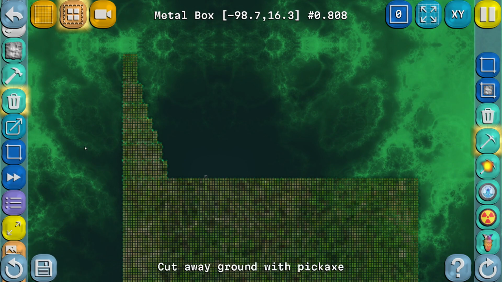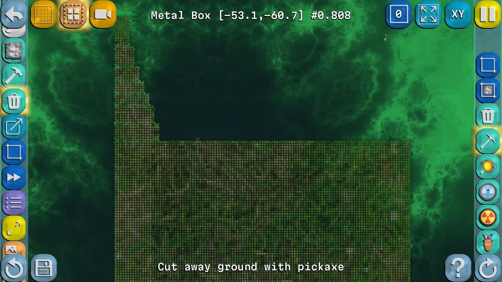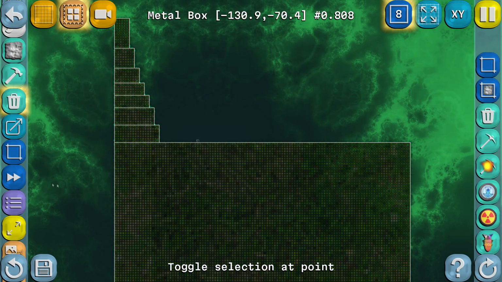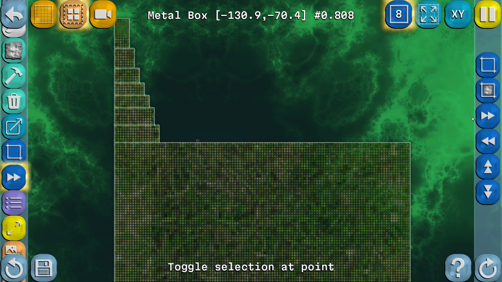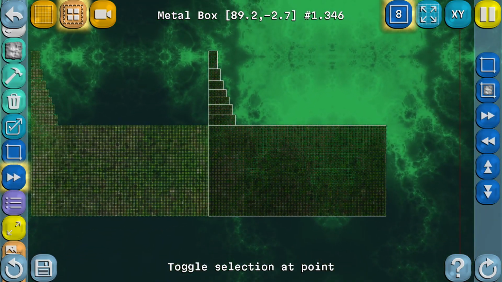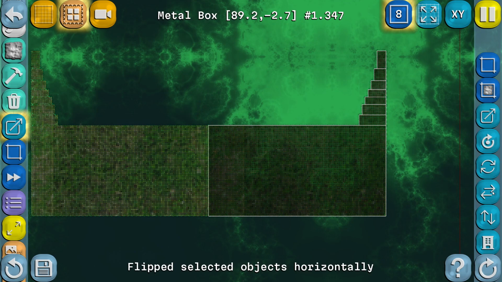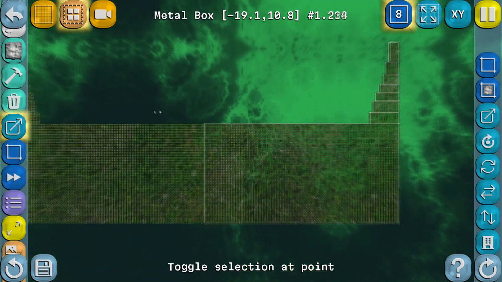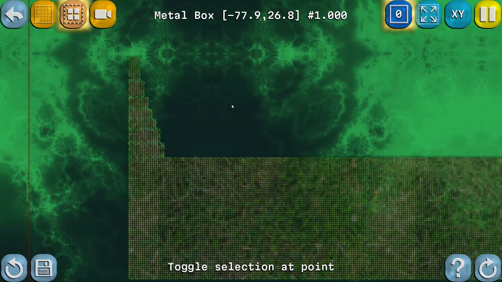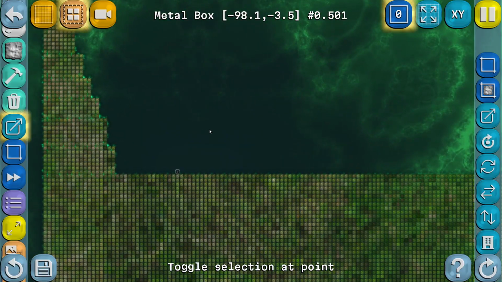And also another nice feature that you can use is to duplicate part of your level. So let's go to the select option and we will select all the objects here. We want to duplicate them in this direction like that, and then also we can use the transform menu to flip it in the X direction. So here we have a starting point and deselect everything. Okay, so this is a starting point,